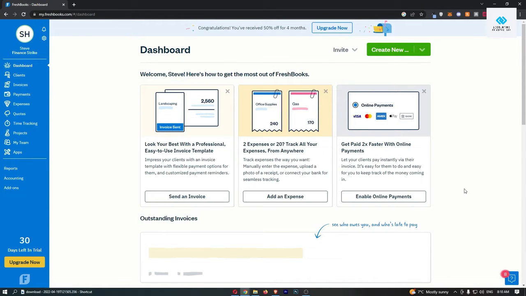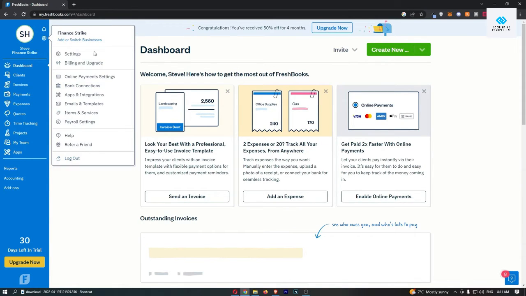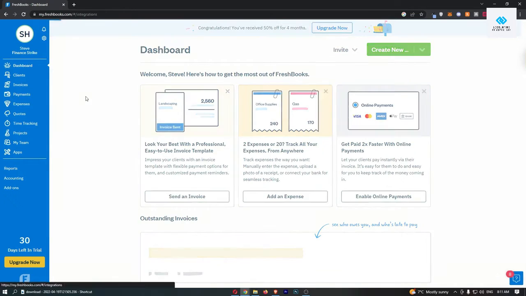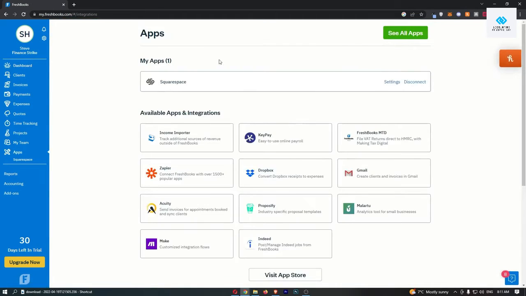Okay, so to do this, you first of all want to load up FreshBooks right here. And once this is loaded up, all you need to do is click on your settings icon in this top left corner. That is going to load up this drop-down menu. So from here, just click into Apps and Integrations, and that is going to take you over to this area